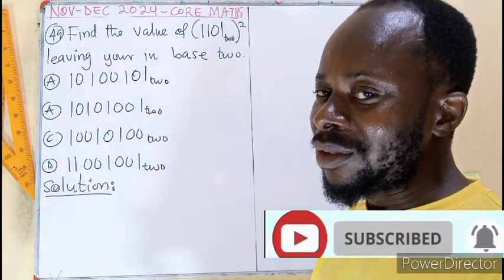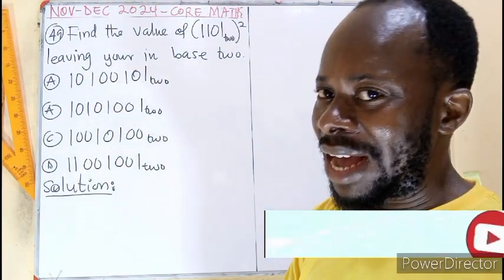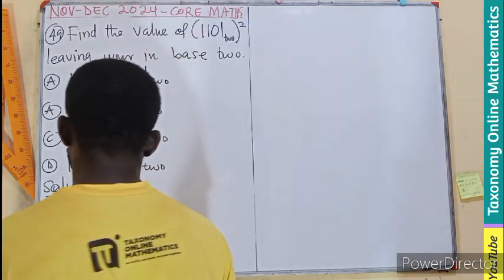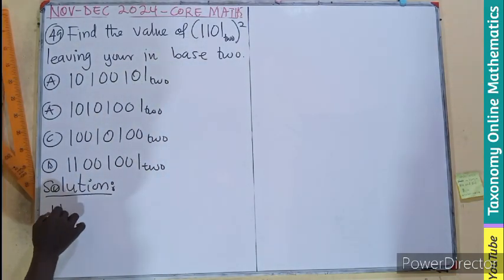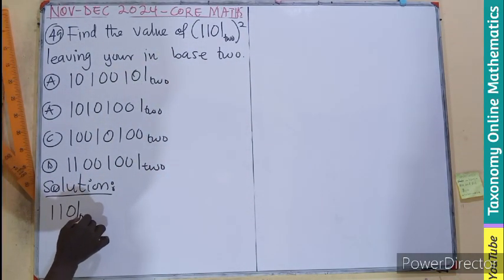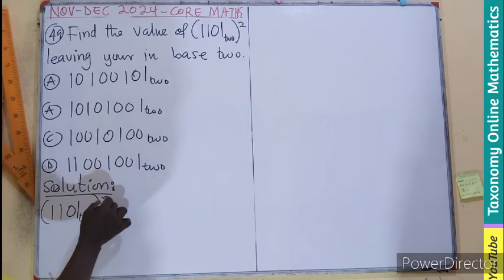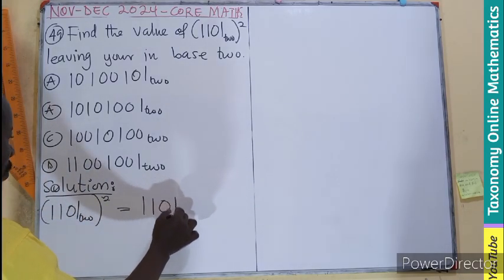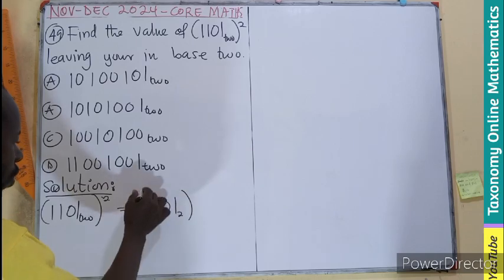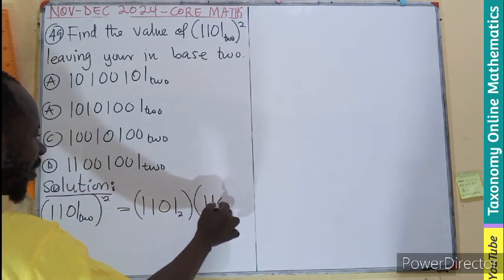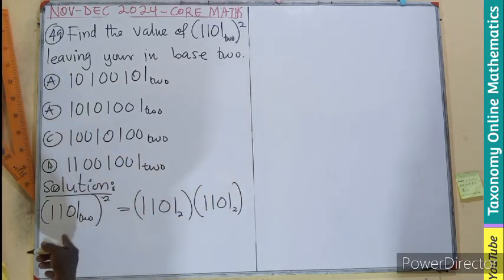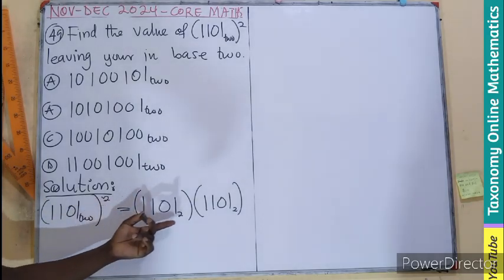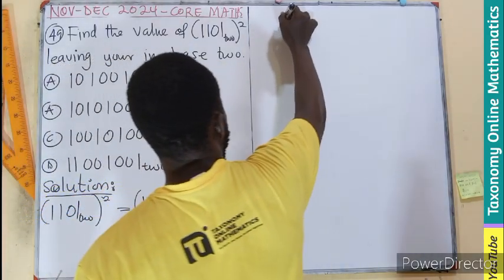A square simply means the multiplication of the number 2 times. So this will be (1101 base 2) all squared, which could be arranged as 1101 base 2 multiplying 1101 base 2. That is the meaning of the square. So if we are doing this, we can have a